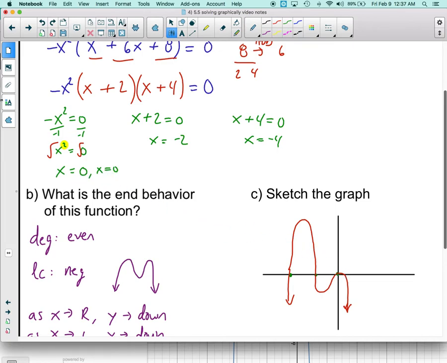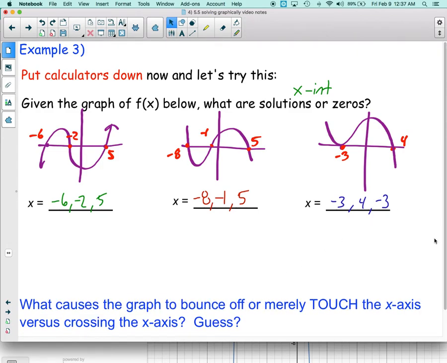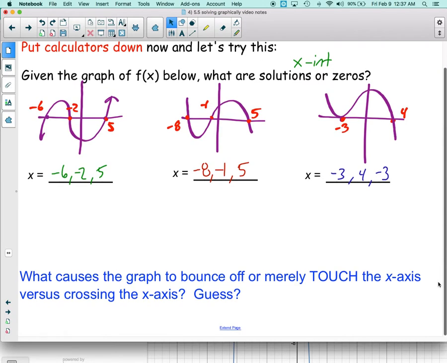So that's causing this. If we go back to our example here, what this bouncing is telling me is that there are actually 2 answers that are -3. Okay? So that's what's going to cause the graph to bounce off or merely touch the x-axis versus crossing it,